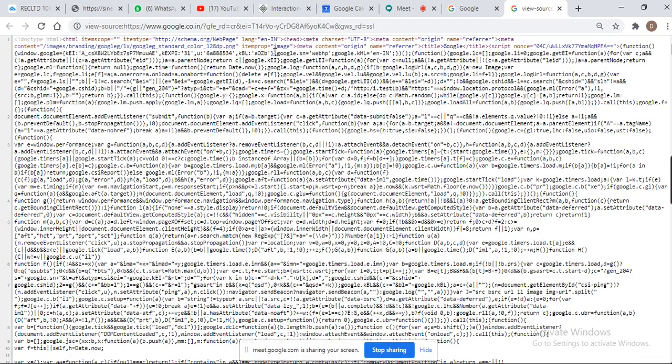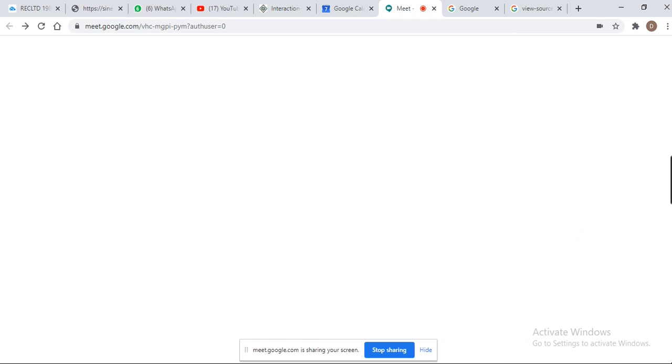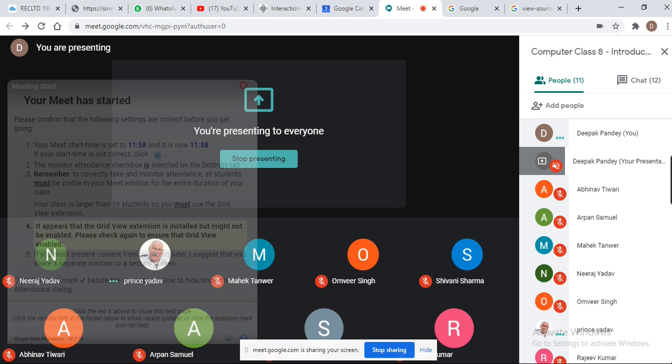So the point is that the entire page is HTML. The server always responds with HTML code to the client, right? Any confusion about HTML? We explained until now. Okay, so the basic point is that everything we access over the internet is HTML content, any kind of web page.